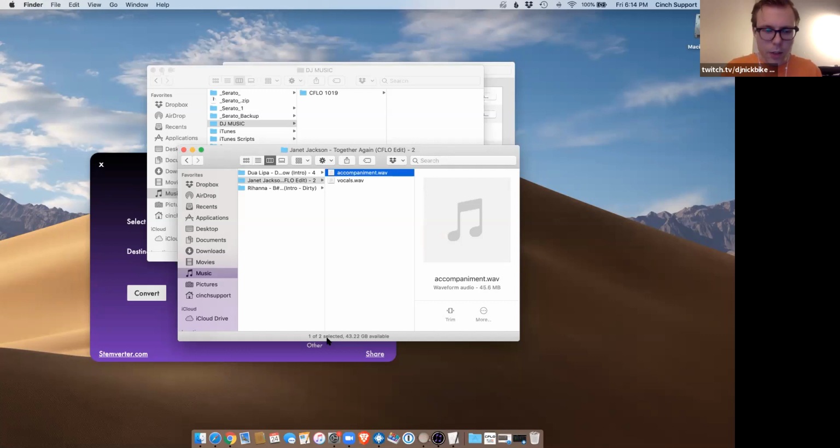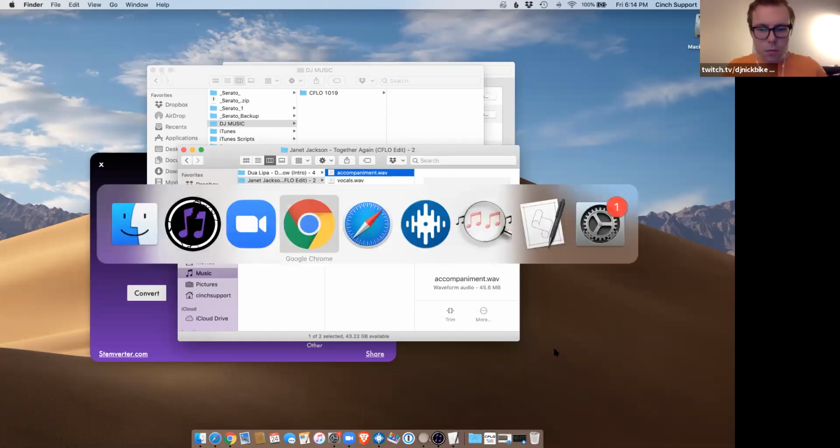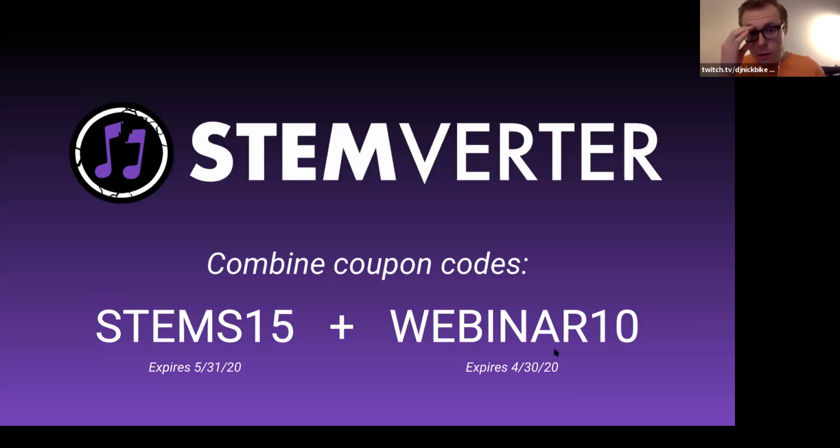A thing that I like to do with these stems is, even if your drum stem sounds kind of not great, it's still really useful in Ableton. You can crop the bit you want, and then audio to MIDI the clip, and instead of Ableton trying to read from the whole song, now you've got the pattern from just that drum bit. Now you can insert your own sounds, and you've got the same rhythm, same patterns.